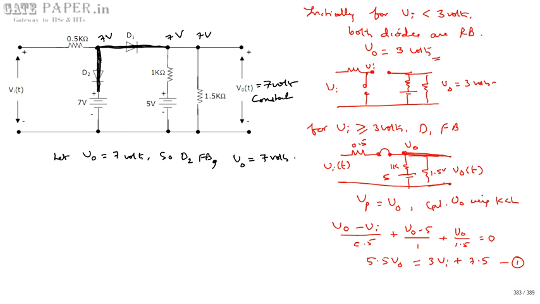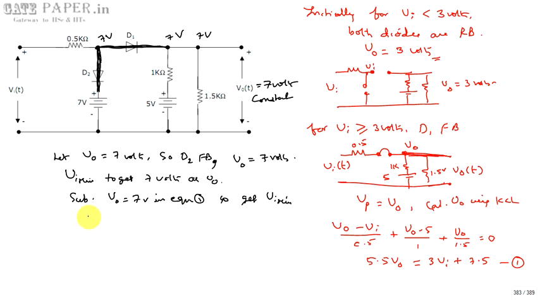So what is the input voltage? What is the minimum input voltage that will give V0 equal to 7 volts, so that even though Vi increases, V0 doesn't increase once D2 becomes forward biased? Okay, the Vi minimum to get 7 volts as V0 we have to calculate. So you are going to use equation 1 and substitute V0 as 7 volts, and get the Vi value, Vi minimum.